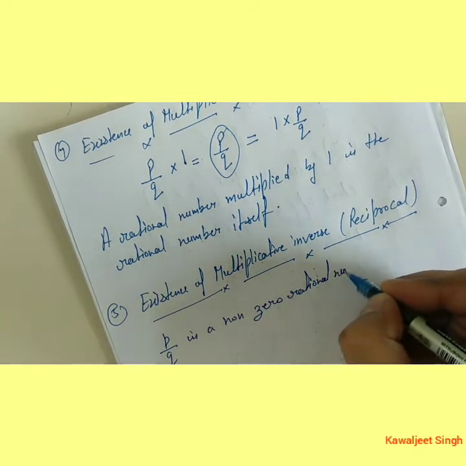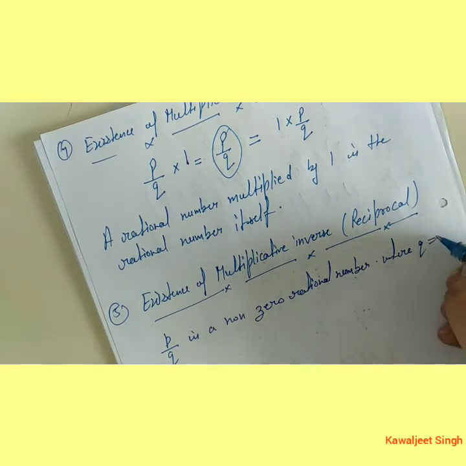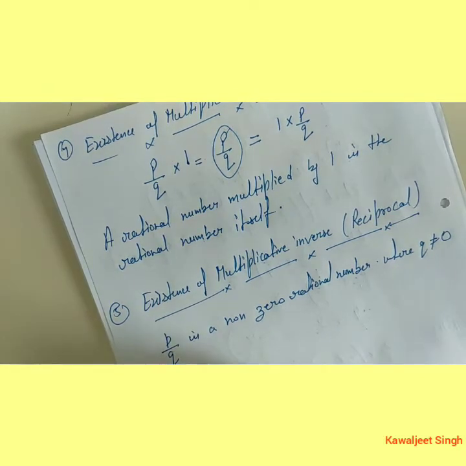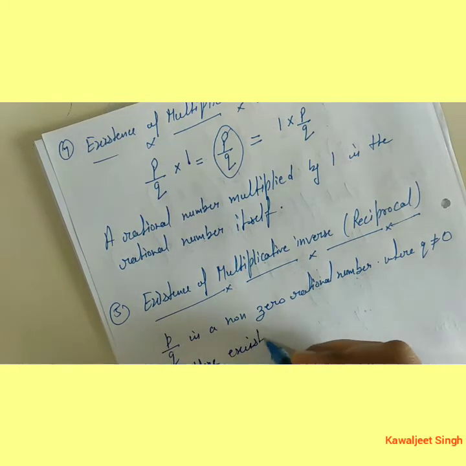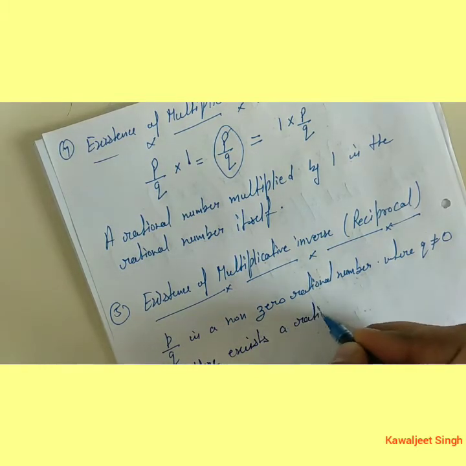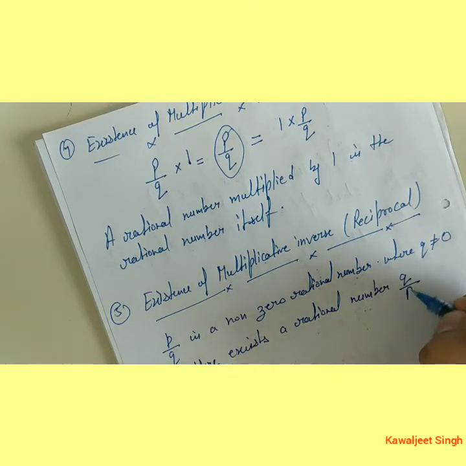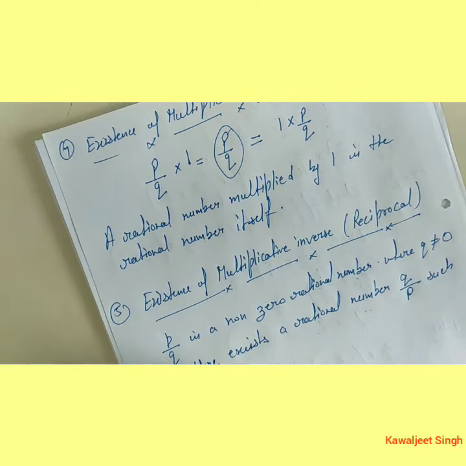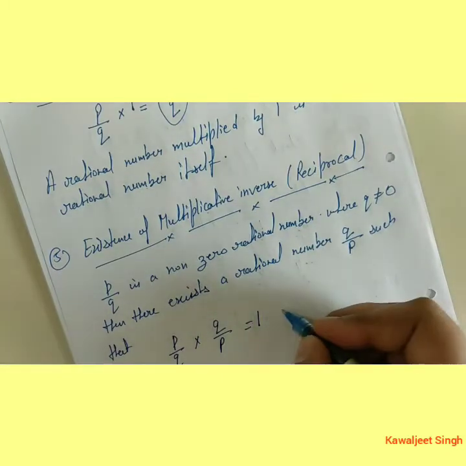Non-zero means it is not zero, where Q is not equal to zero, then there exists a rational number Q by P such that